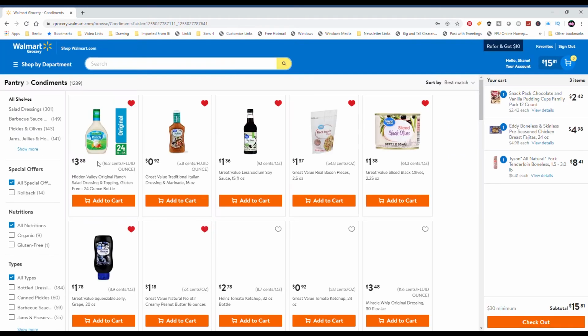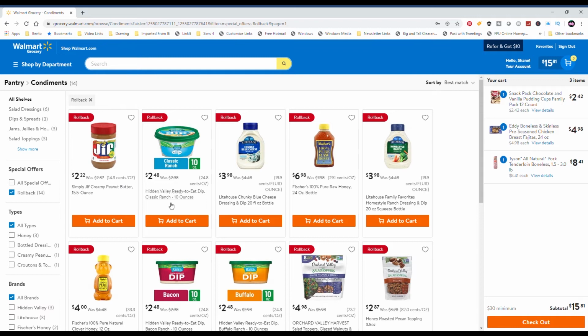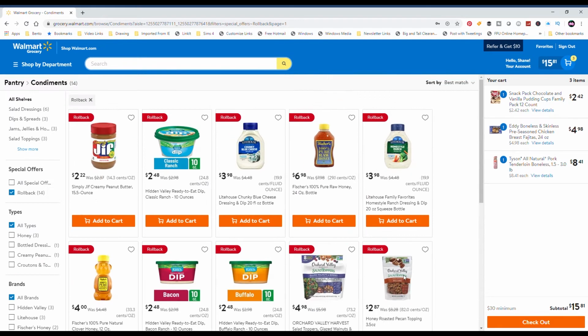Condiments. Oh good, there are some on rollback. Peanut butters, salads. It looks like dipping again. Super Bowl Sunday. Ooh, avocado ranch. That sounds yummy. But I don't need it. Again, I'm the only one that will eat it. My family is